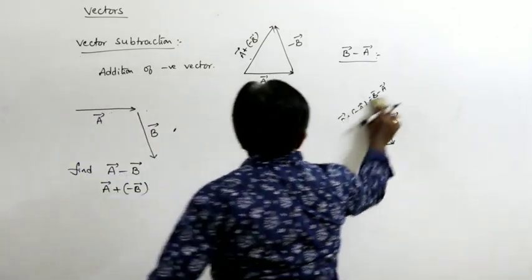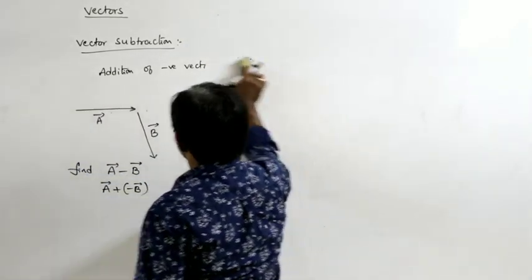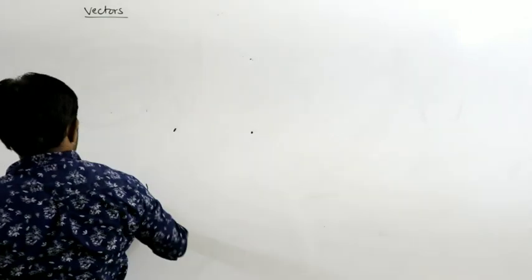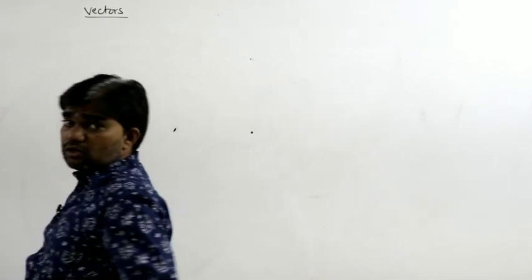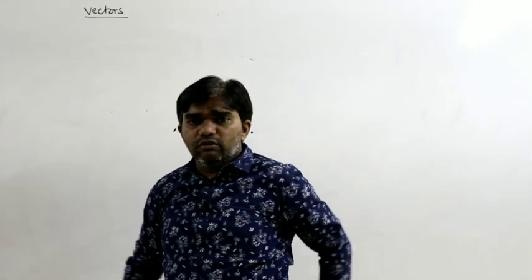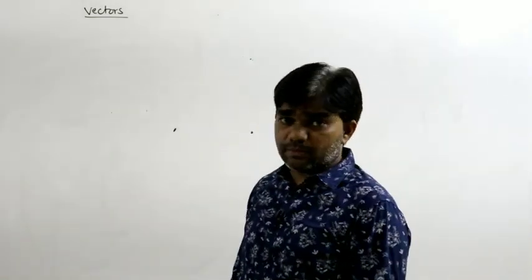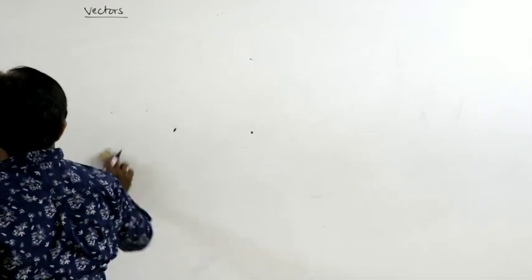That is the vector addition. So it is just the graphical method. So you must follow those three rules. Very important to find out the vector addition and subtraction. So it is just the graphical method. So next,